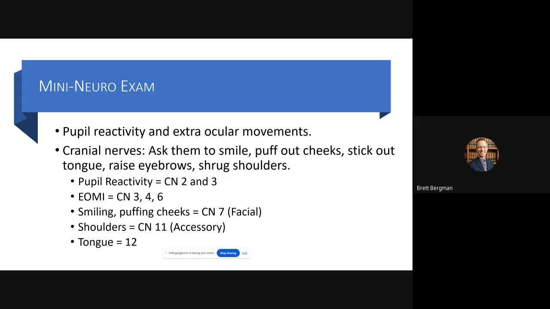But really, we want to use this as a tool to figure out that they have something neurologic going on and that we need to get them to that higher level of care. That's really the only thing that we can do for them on the hill: get them off the hill to that higher level of care as soon as possible.